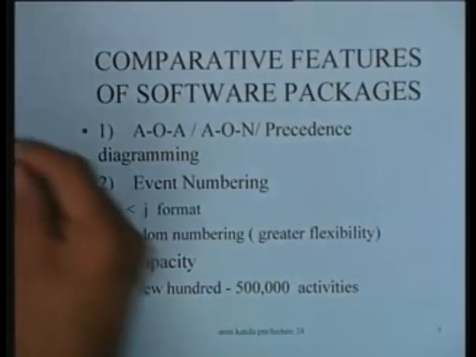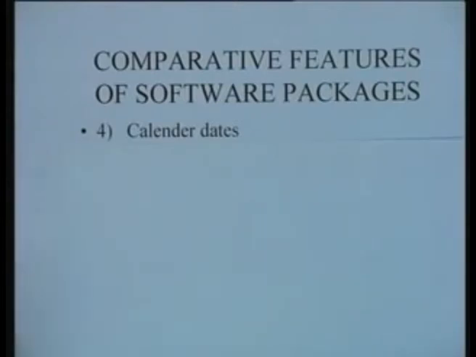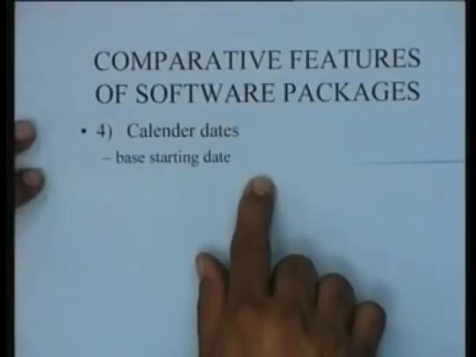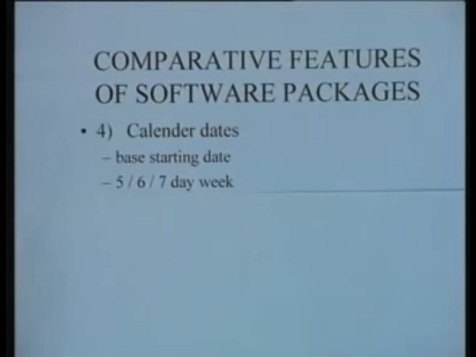Then the fourth feature which needs to be compared in software packages is what we call calendar dates. Whenever we prepare a schedule, we would like this schedule to be translated into working days on the actual calendar being followed by the project staff. So there is a provision in most packages to adopt a base starting date, and depending upon it you can set either a 5-day working week, a 6-day working week or a 7-day working week as the case may be,